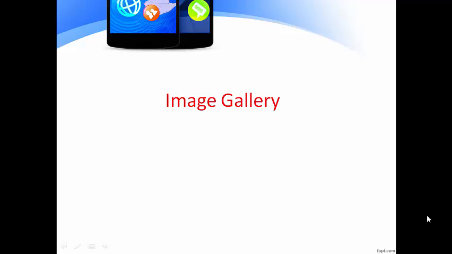And also we have learned how to use tab, and what is the use of tab, and what are the loopholes that Android is facing. So all those things we have learned in the previous section. So in this section I'll start with a new application, that is image gallery. Okay, so here you will learn